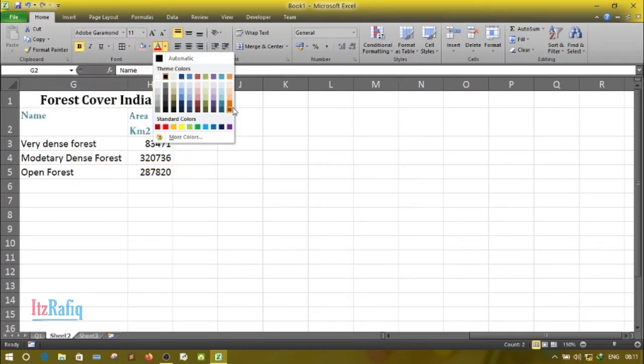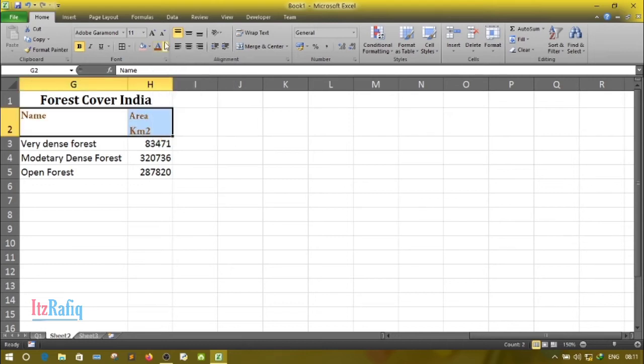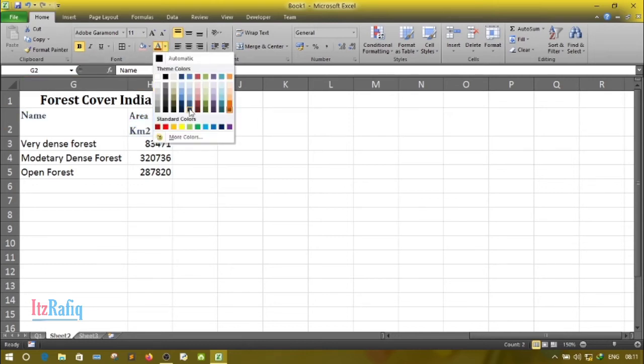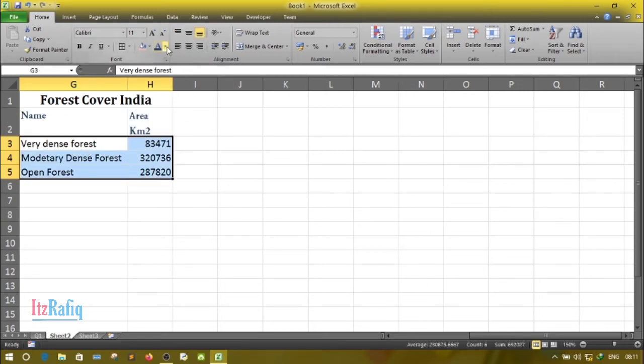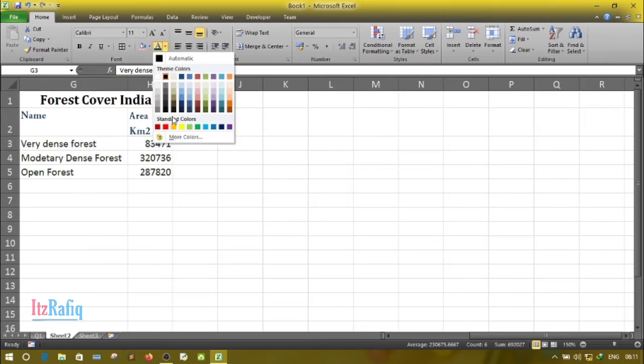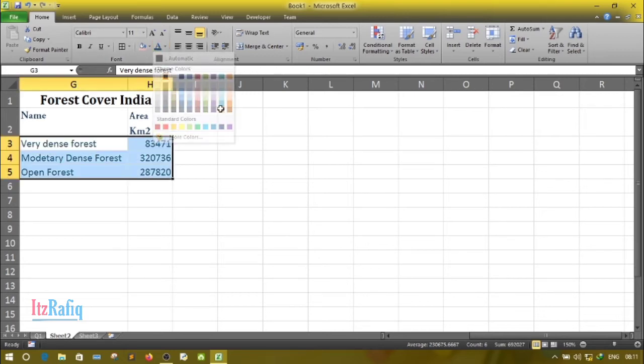Text color will be a little different. Now we'll come to the information. Here we'll put this color text and size is 12.